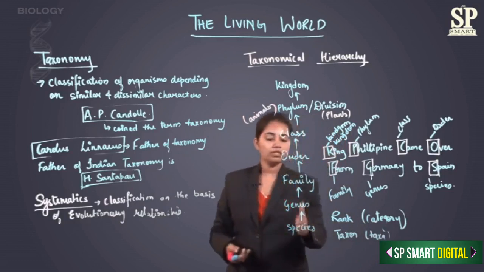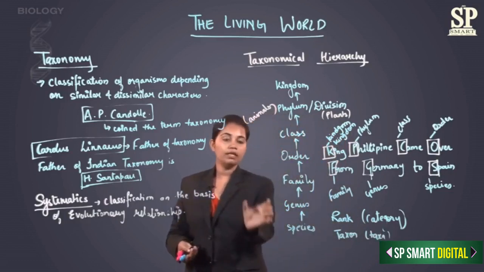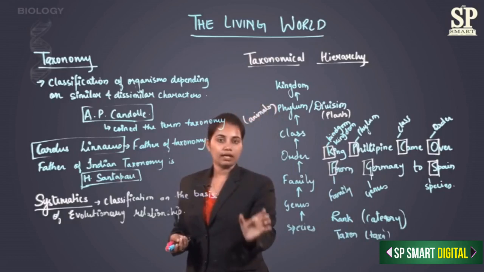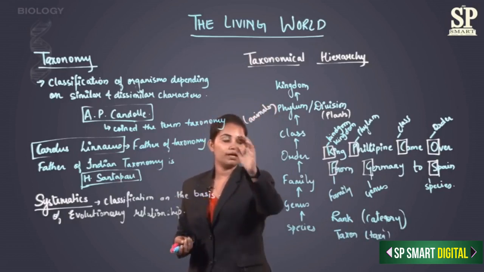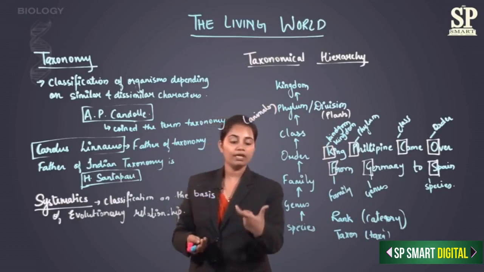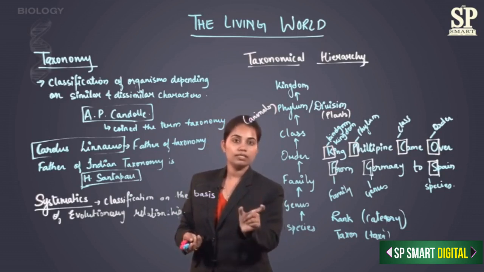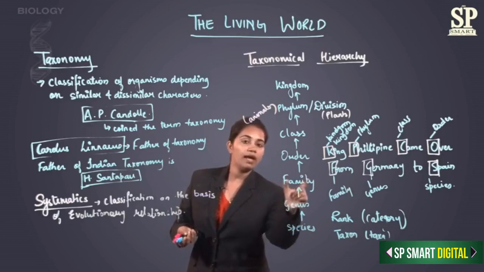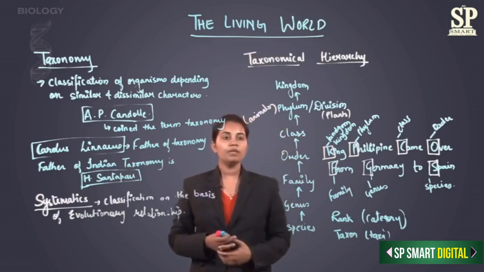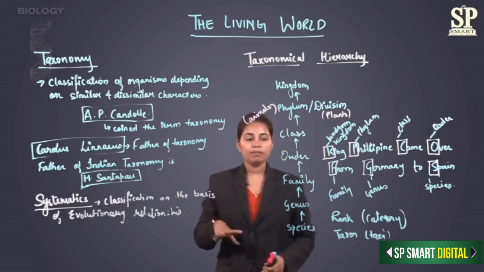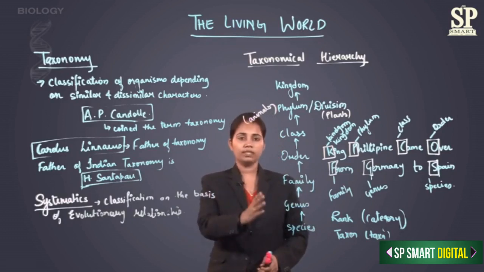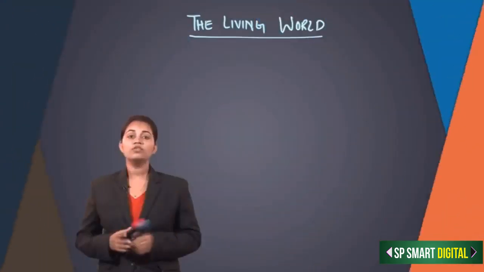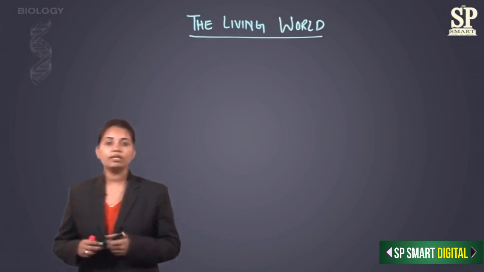Okay, so this is called a rank, and the organism we are classifying with the taxonomical hierarchy will be called a taxon. So I'll have each taxon in that classification of the organism. Here I have ranks in these steps. Okay, so let us take an example with this hierarchical step. So now let us take an example for that taxonomical hierarchy.